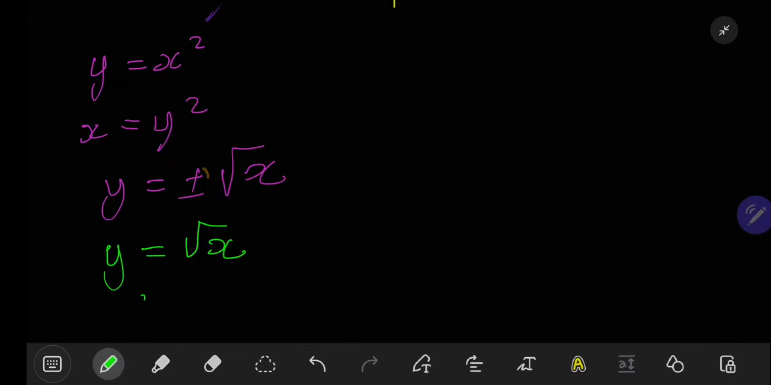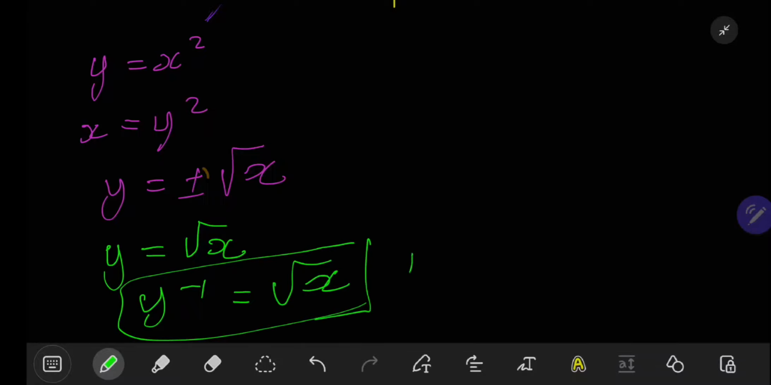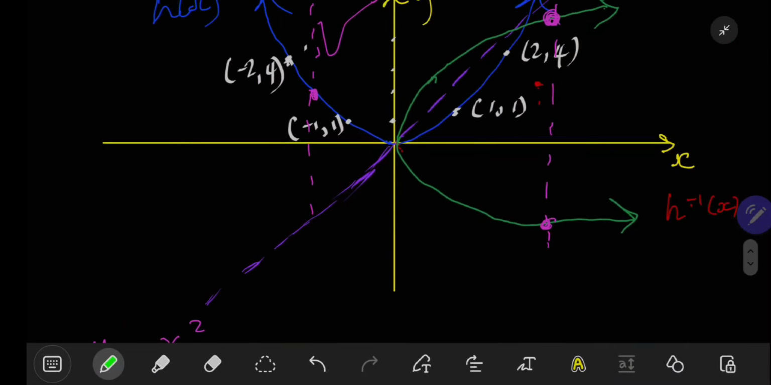Or you can say y to the power negative 1 is the square root of x. So this is the equation for our inverse. This is the inverse function. I hope it makes sense. And that's how we do the inverse of this parabola. And we know that the inverse of a parabola is not a function. Then we can also look at the